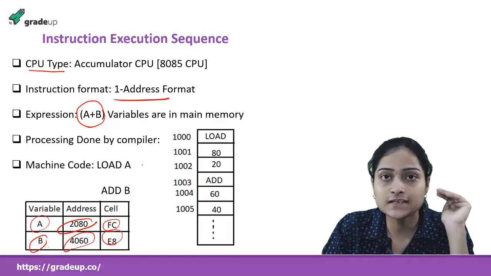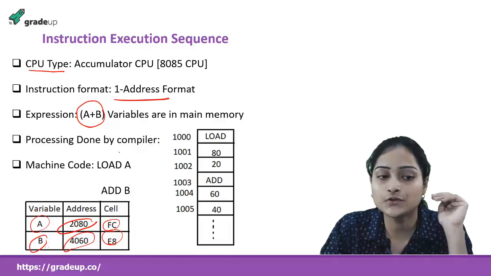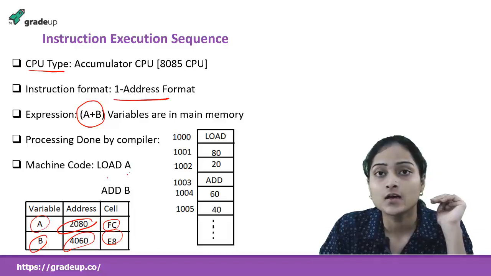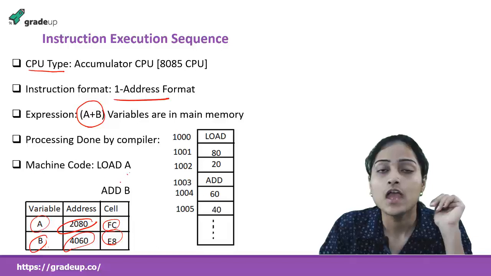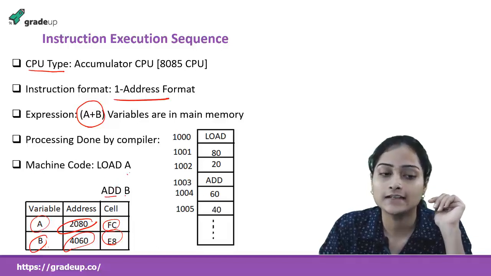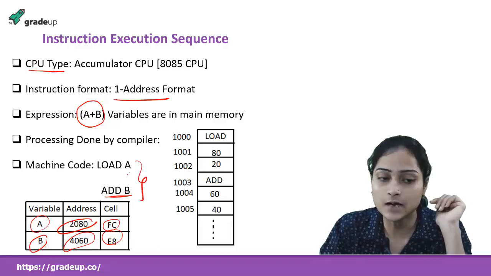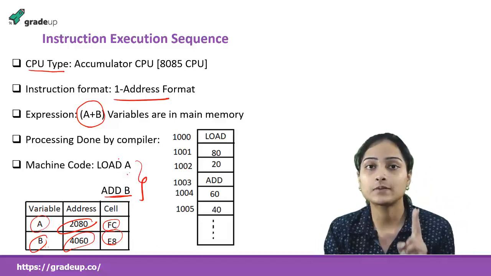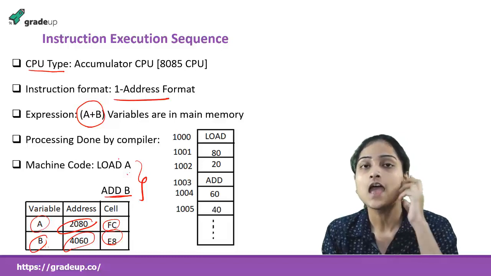After this processing, the compiler produces its machine code, and the machine code here is load A. We will load the value of A into my accumulator, because for processing any expression using an accumulator CPU, one of the operands should be present in the accumulator, and then I will add it with B. This is the machine code. For obtaining this A plus B, I have to explain two instructions. One more thing,